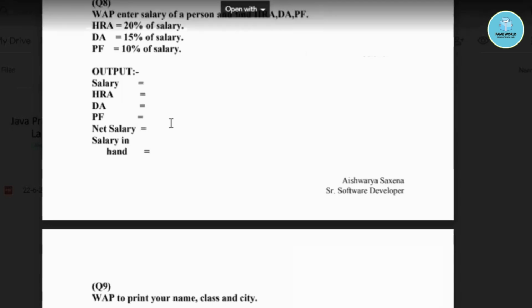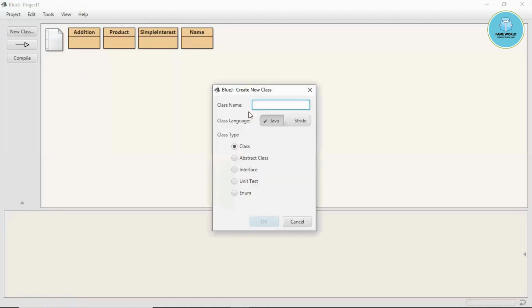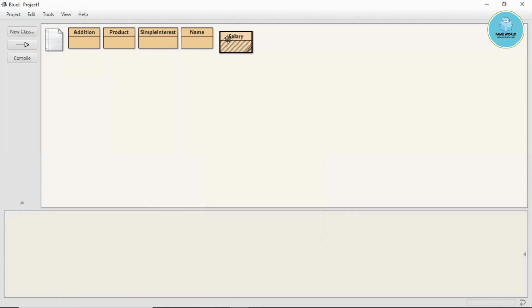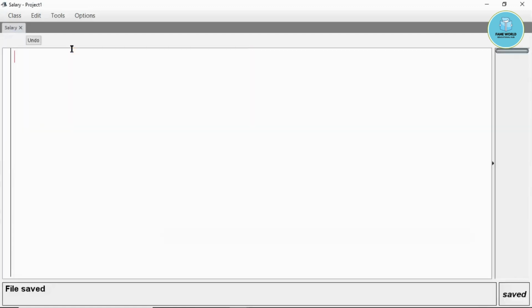Okay, so this is the question which I am just going to start. I will take the name Salary here. So this is the program, and first of all I will input the salary. For that we will require the Scanner class, so I'm importing java.util.Scanner.